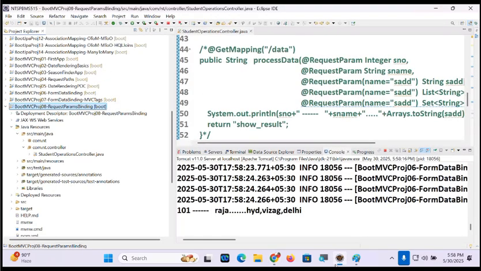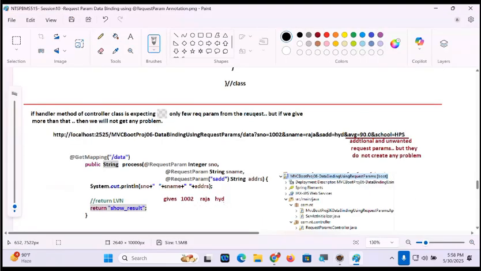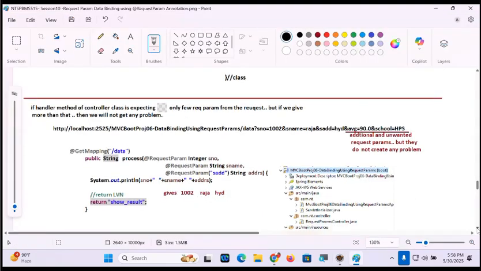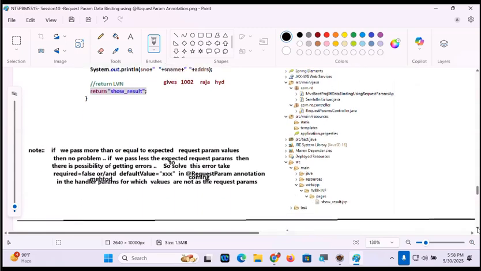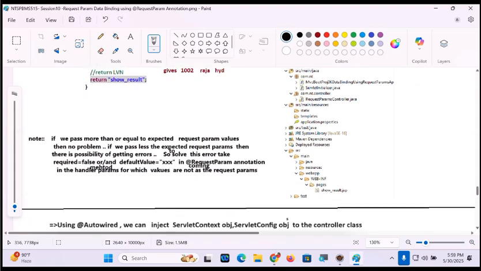All the values are coming normally, and average is ignored. No problem at all. If you pass more than or equal to the expected request param values, then no problem. If you pass fewer than the expected request params, then there is a possibility of getting errors.